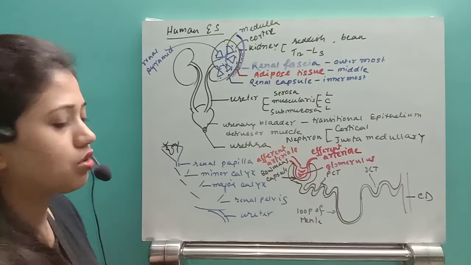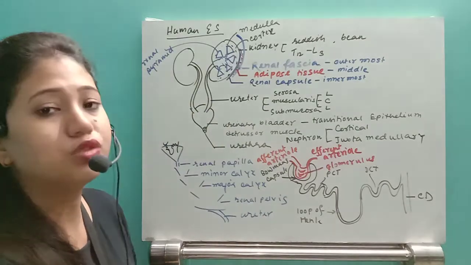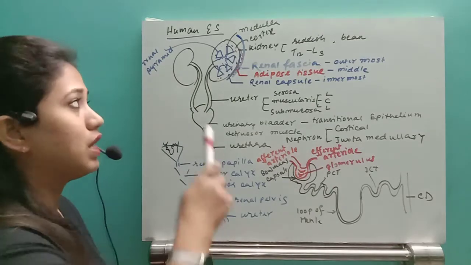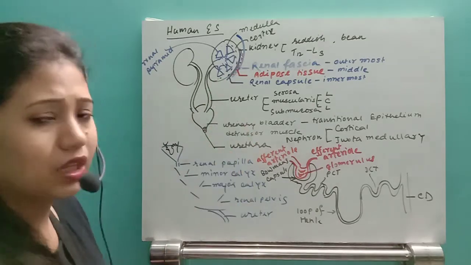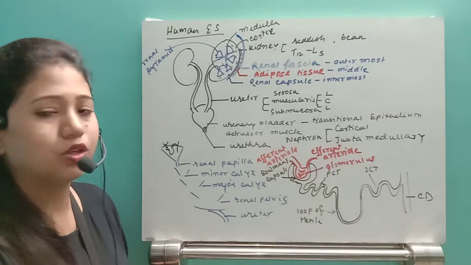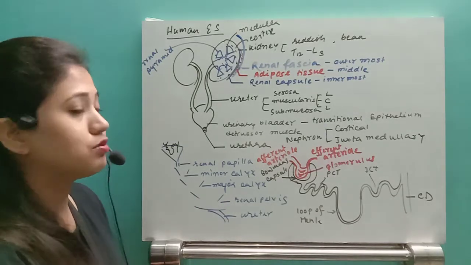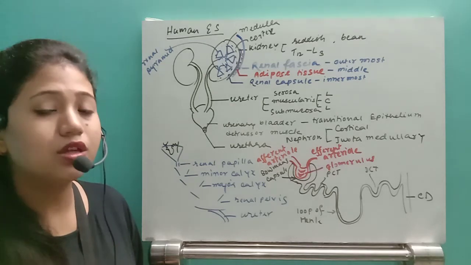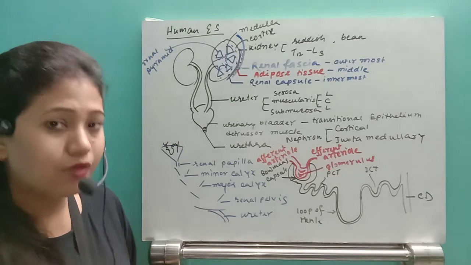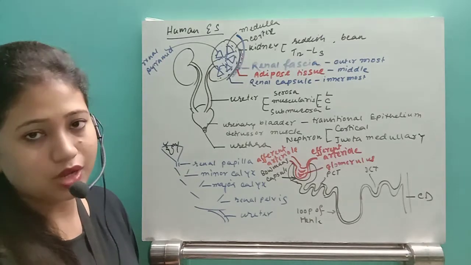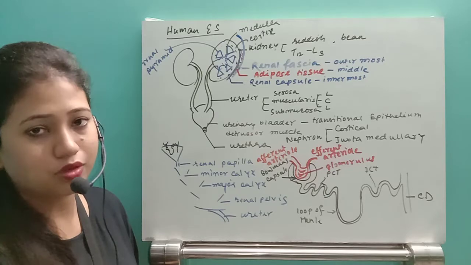This is the structure of the nephron, which is the unit of excretion. So the organs of excretion: here we have seen a pair of kidneys, then the ureter, then the urinary bladder and the urethra. In both kidneys, we are going to have around 1 to 1.5 million nephrons in the excretory system. These nephrons can be of two types, cortical nephron and juxtamedullary nephron.